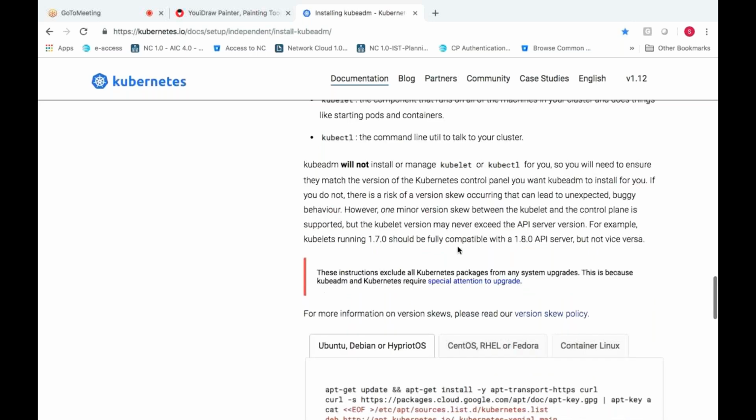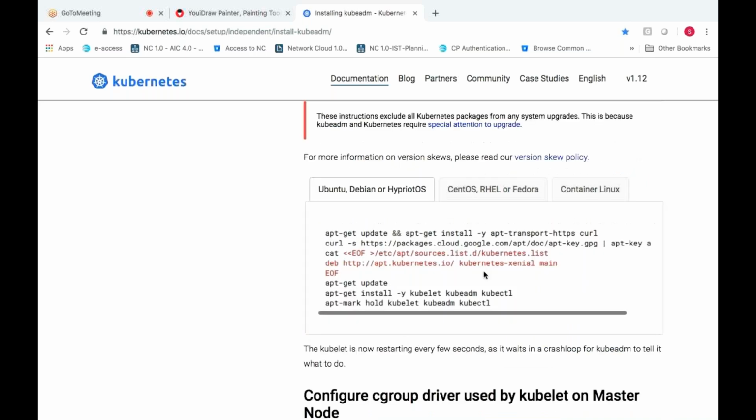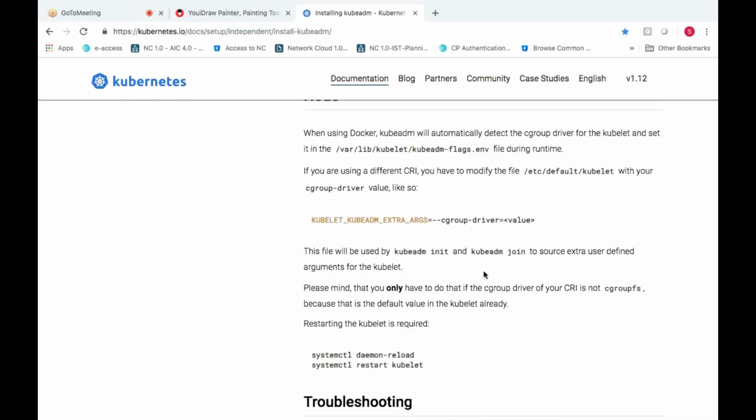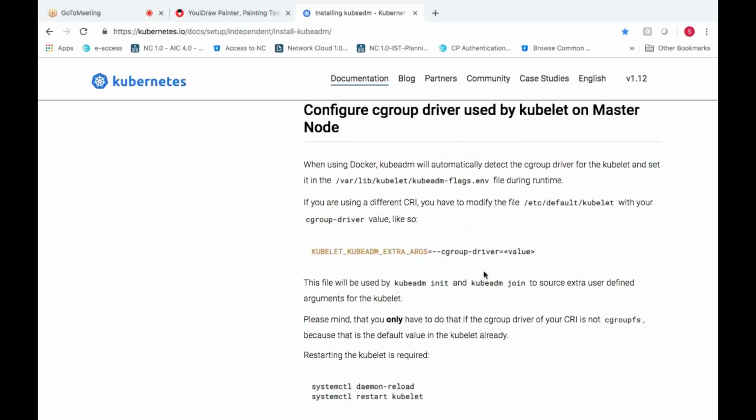Have they removed it or what? Directly it will give from this package. No. What happened to Docker?